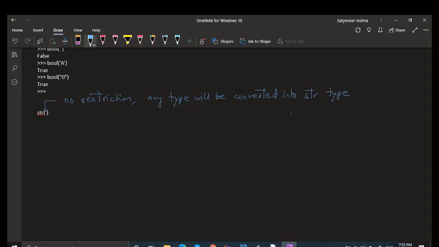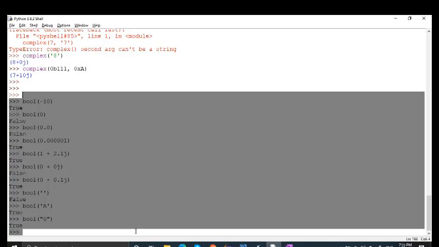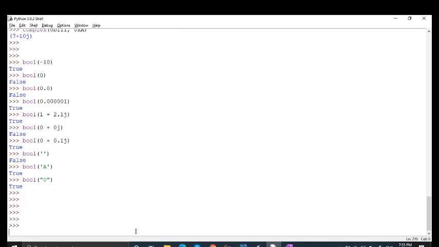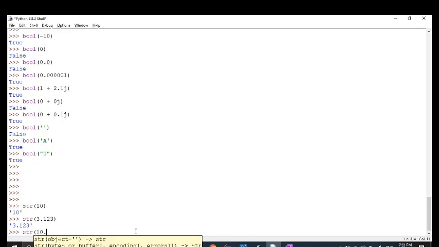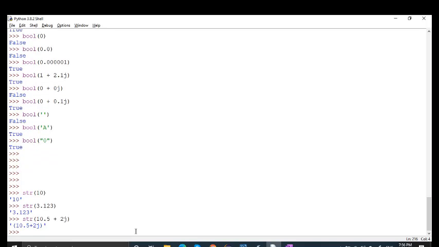So let's go to shell and we try to convert, right? So we write here str and I'm writing here 10. Now you can see that 10 is converted into string. Str 3.123. Now you can see that float is converted into string, right? I'm writing here str 10.5 plus 2j. Complex is converted into string perfectly, right?